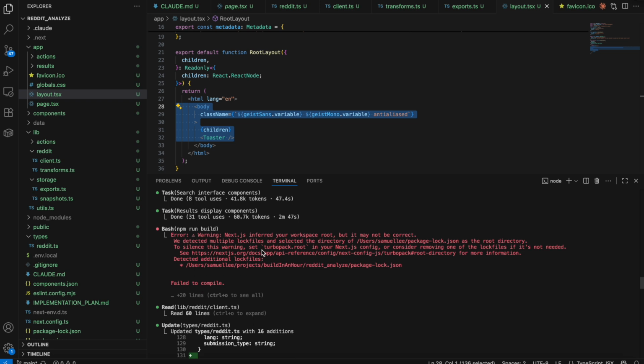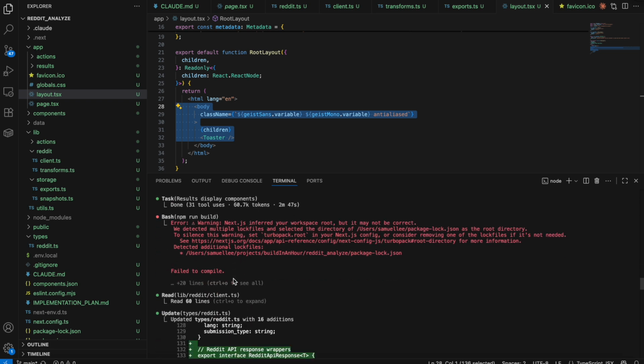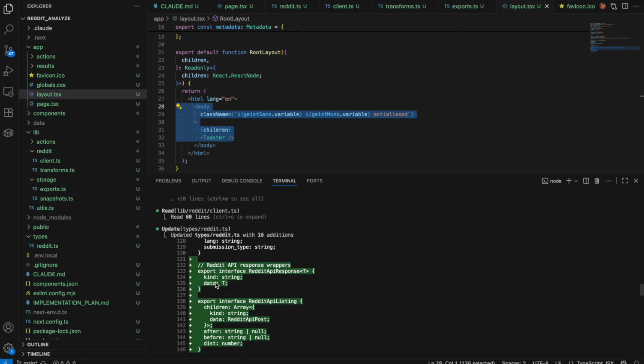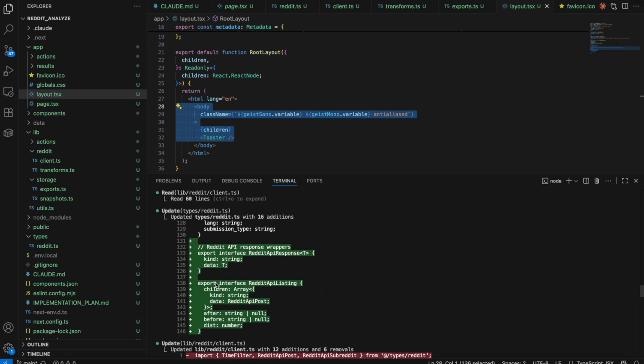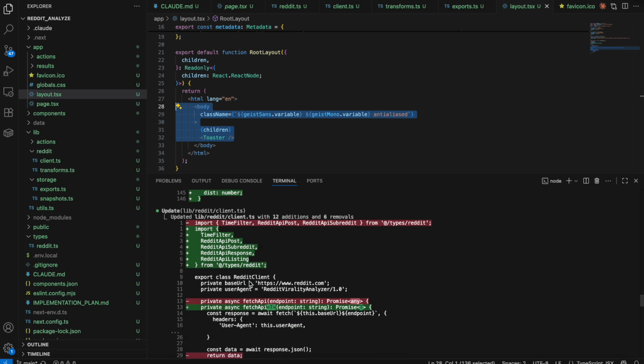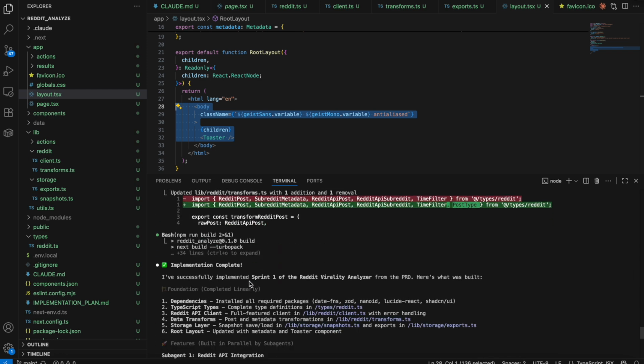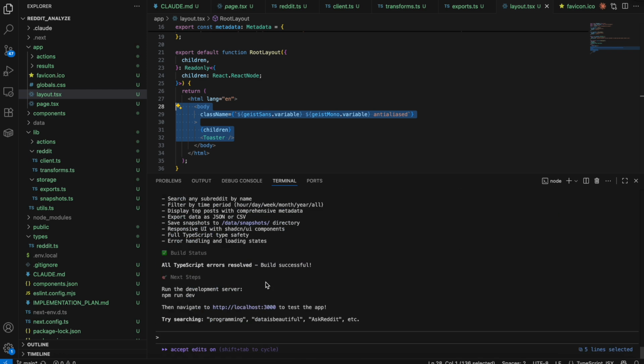Then it ran parallel tasks, as you saw. It created different things here, and from there it ran a build, and there are certain errors that happen, and it automatically solves these errors by going through them one by one and continuously building again until everything is done.